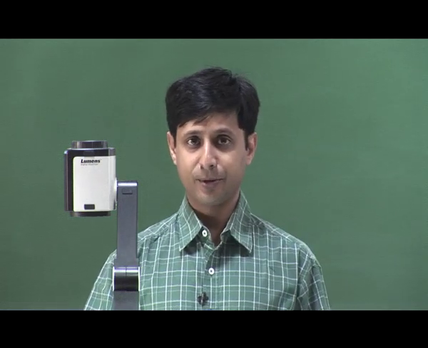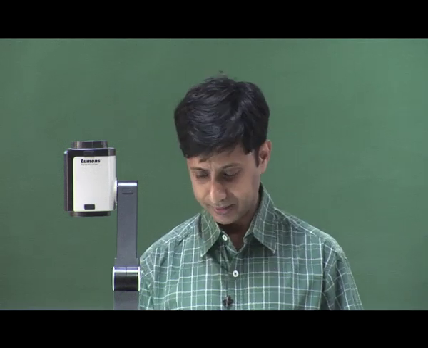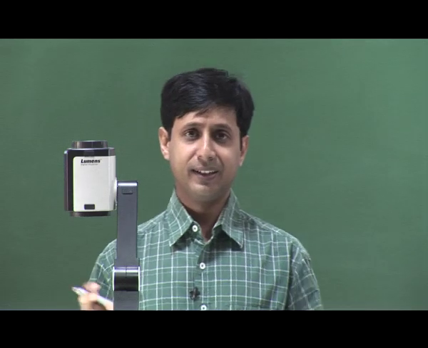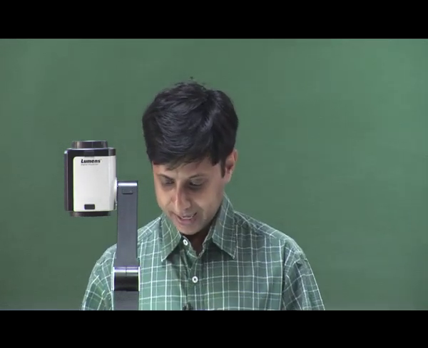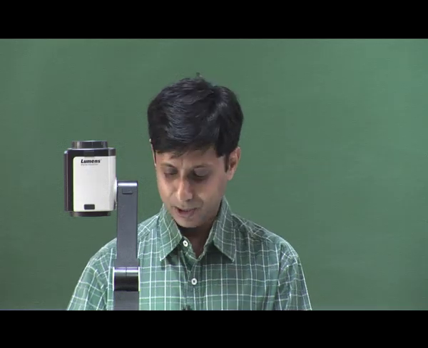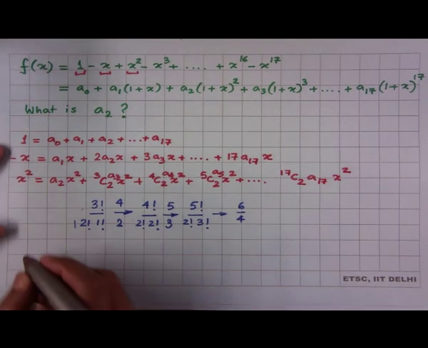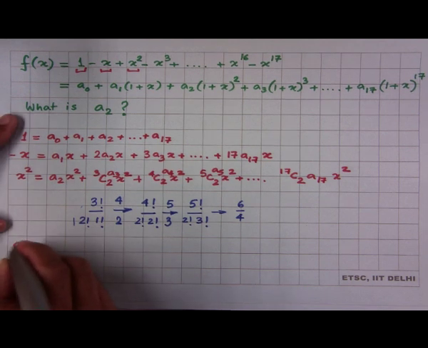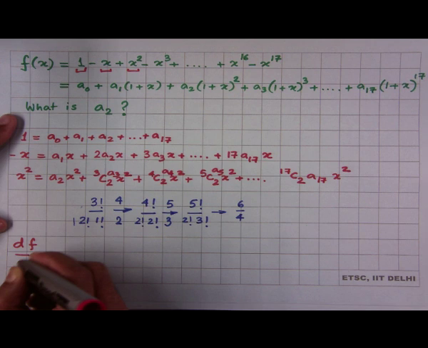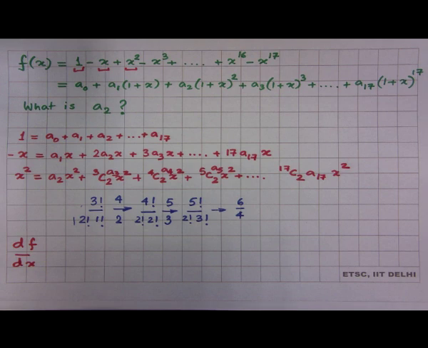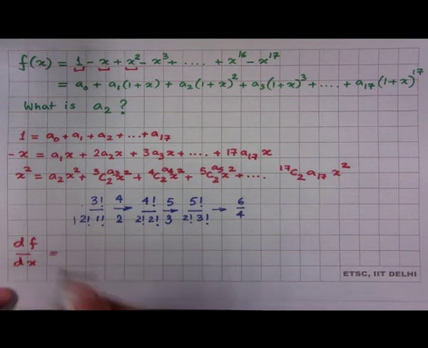Okay. So, what we are going to do in this particular problem is use a little calculus. Let us try, right. Let us try using a little bit of calculus. Now, f of x is a polynomial in x. Okay. What do you think is df by dx? I am assuming you know calculus. Df by dx is nothing but